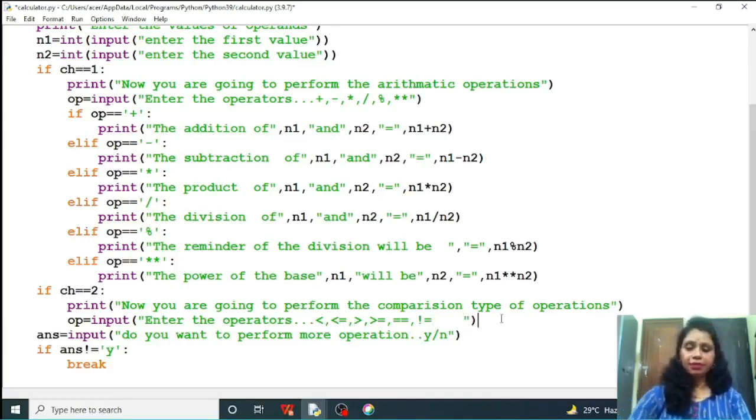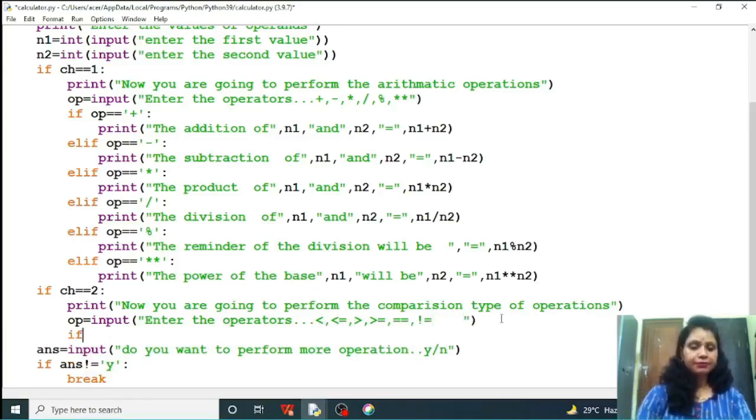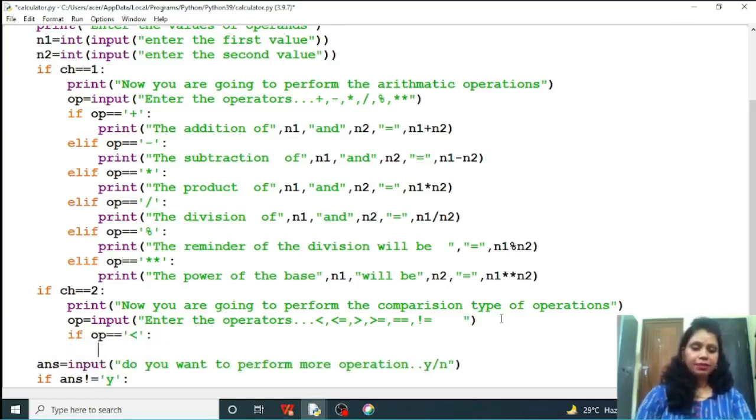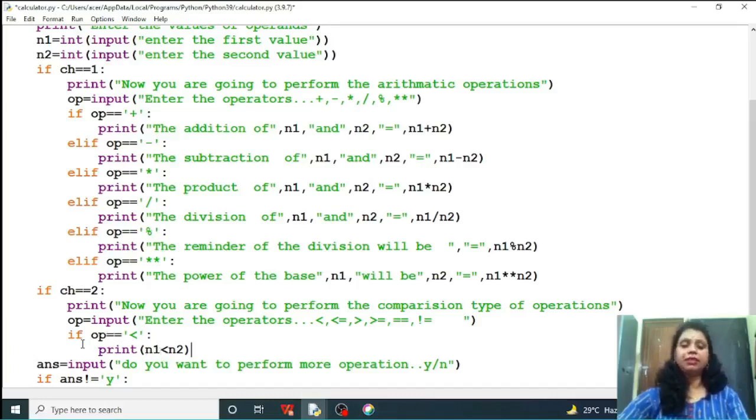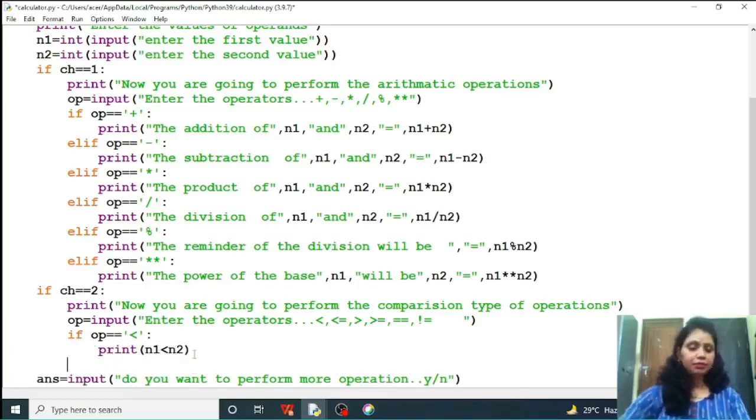After that, compare it. So if the value of OP is less than, right? Less than means what? Now you will compare and print is n1 less than n2. So here see friends, when you use a relational operator in your expression, the answer will be either true or false, right? If your operator is less than, you just compare whether the value of n1 is less than n2. If it is true, then your answer will be true. Simply, if it is false, then your answer will be false, right? Similarly for the next operator,